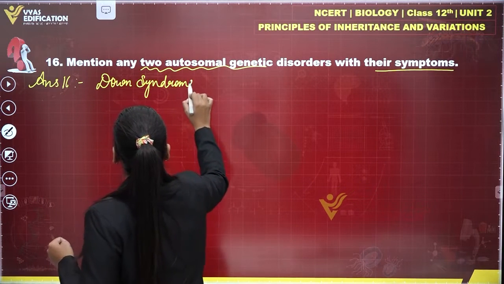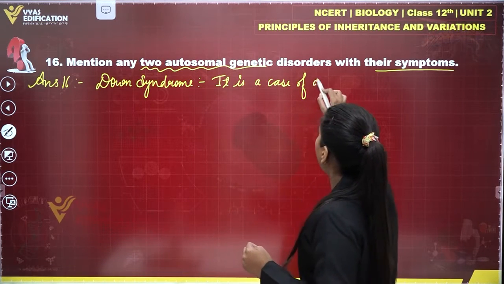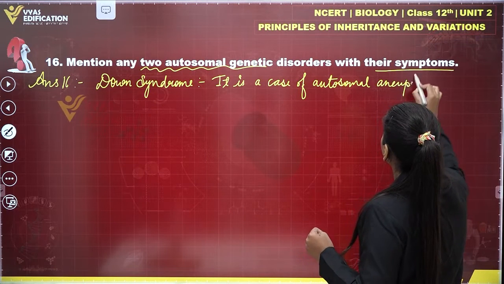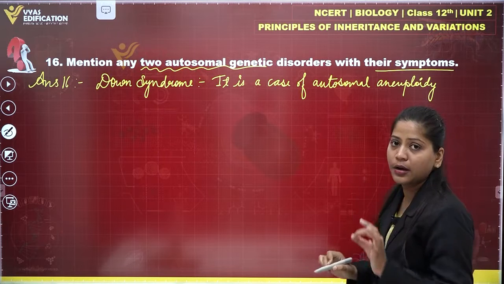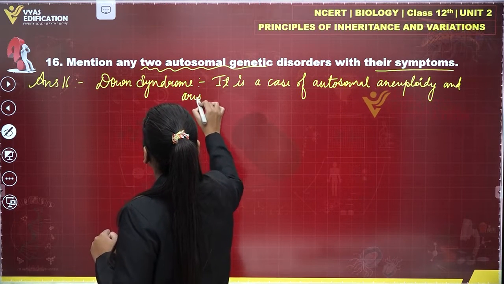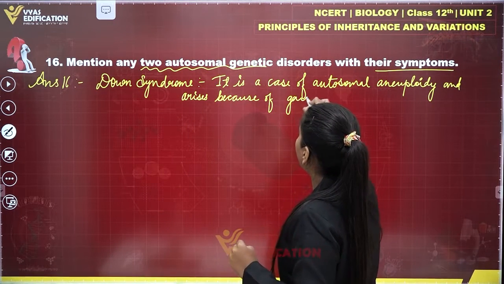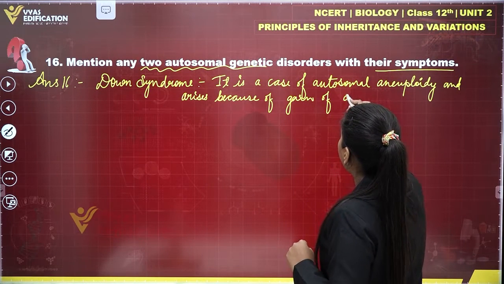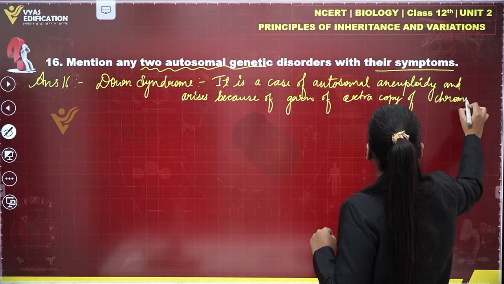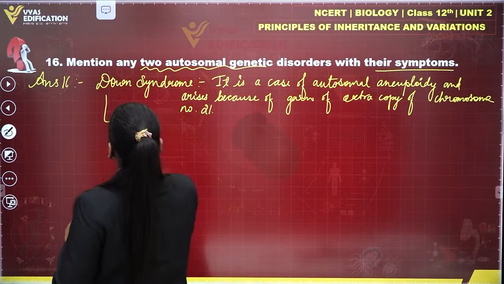It is a case of autosomal aneuploidy and arises because of gain of an extra copy of chromosome number 21. Now if we talk about the symptoms of Down syndrome,